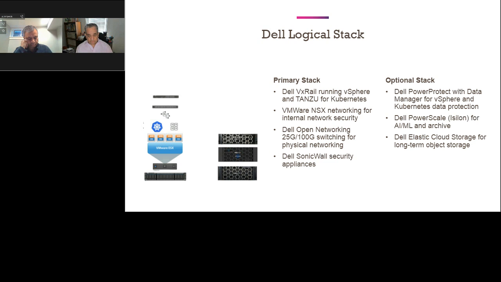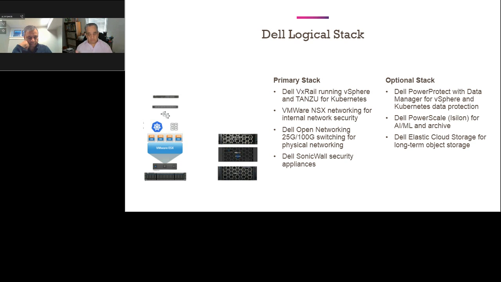Optionally, and this is something that can be purchased as part of it or as an add-on later on, is the PowerProtect Data Manager for the vSphere and Kubernetes side. The PowerScale Isilon for AI and ML, so your specific use cases, for example, very heavily vision focused, and Sandeep mentioned that we have the ability to do some vision-based stuff.